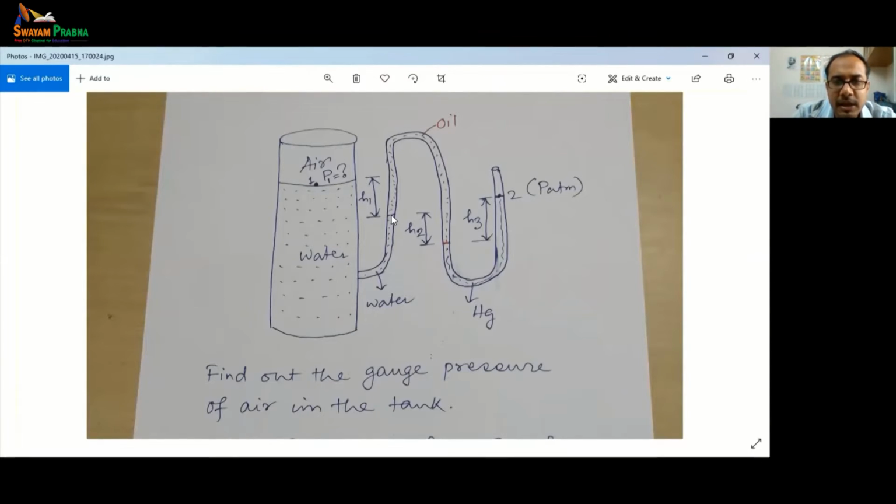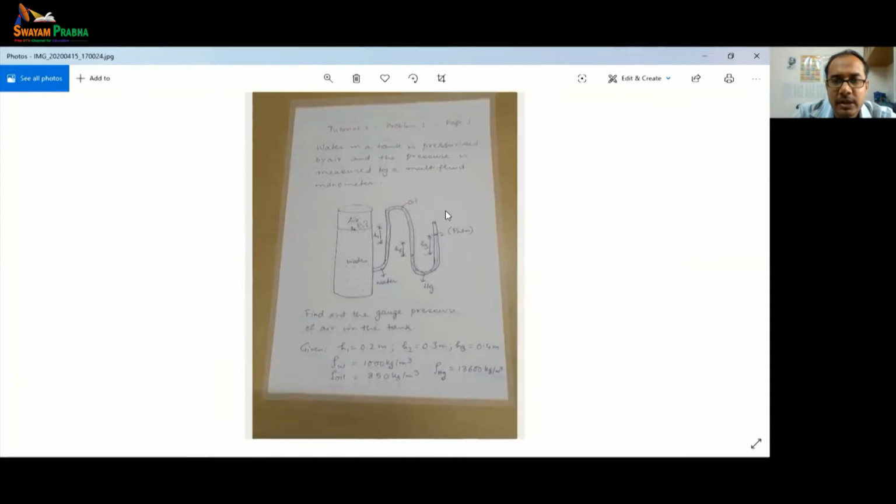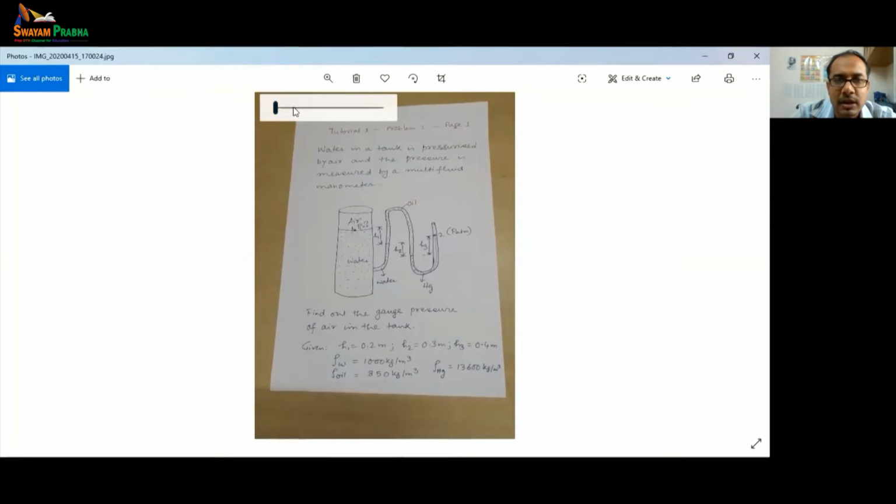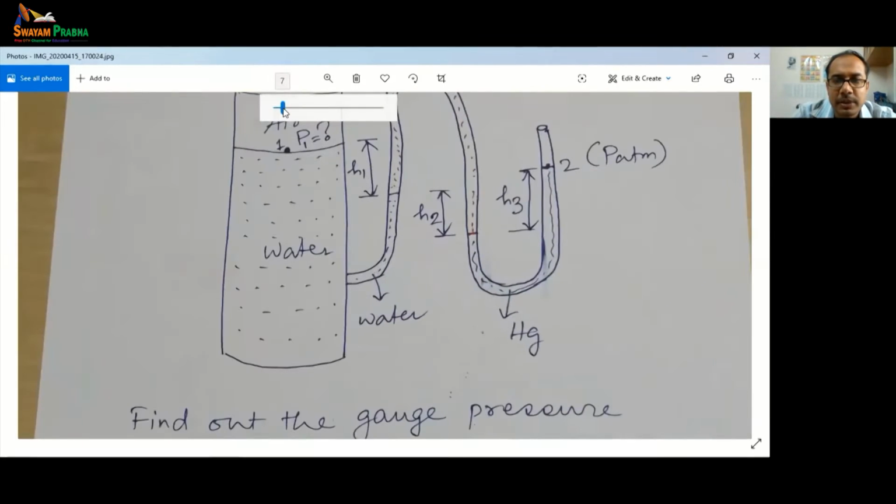Okay, and similarly, from this point to this point, we have the same liquid, which is oil. So at the same height, that means where the oil column starts and the other part of the tube at the same height, we will have the same pressure. So basically at this point and this point, sorry, the pressure will be the same. So here as well as here, the pressure will be the same. Similarly, here as well as here, the pressure will be the same.